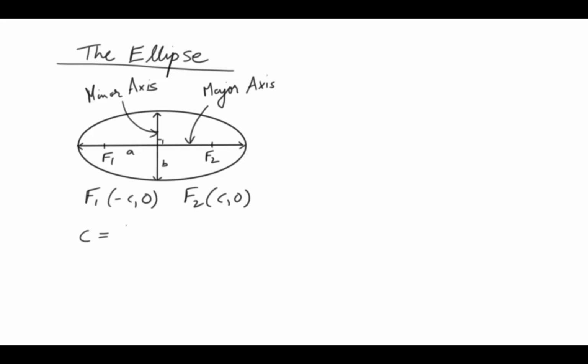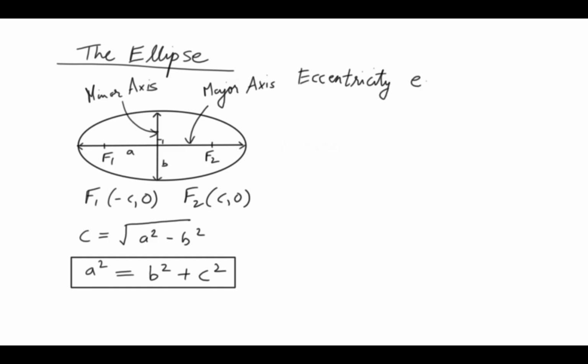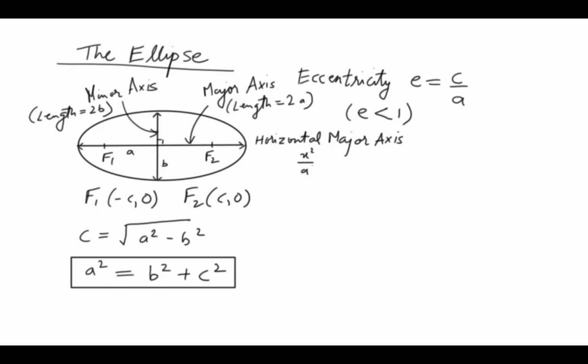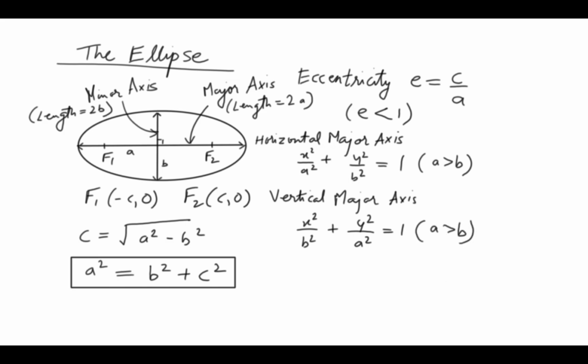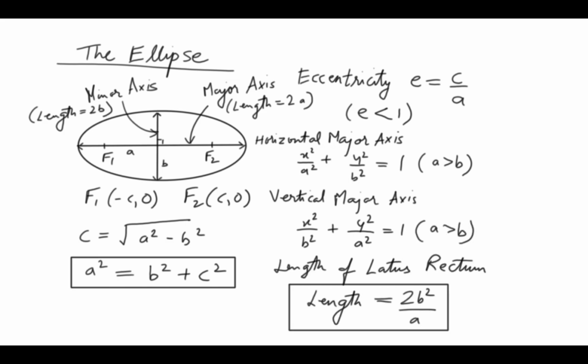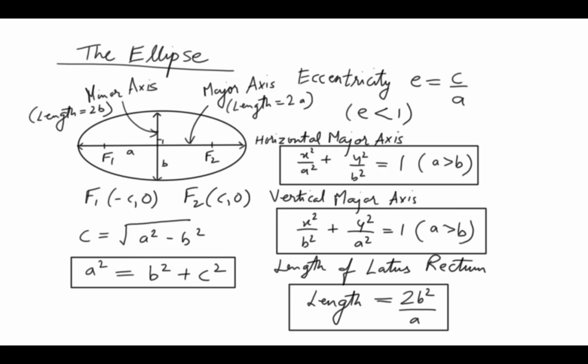Next is the ellipse. Defined as the set of all points where the sum of the distances to two fixed interior foci is always a constant value 2a. The longer line segment tracking through these foci is the major axis with length 2a, while the narrower perpendicular line segment is the minor axis with length 2b.